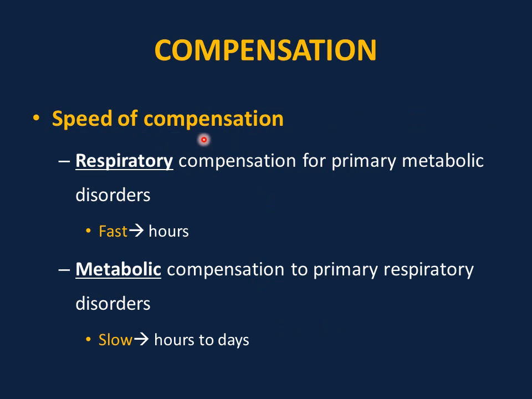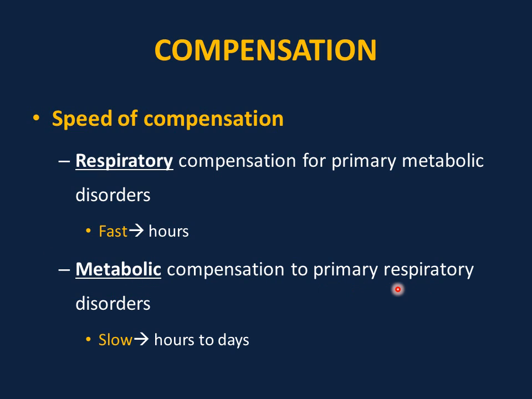Speed of compensation is very important to know. Generally, the lung compensates faster than the kidney. So the changes in the PCO2 are much faster than the changes in the bicarb. For example, if you have a patient with metabolic acidosis, the secondary compensation here should be respiratory alkalosis. So the change in the PCO2 will take hours. So it's faster to see. But in the cases of bicarb, it changes